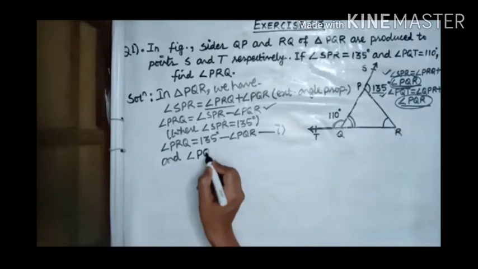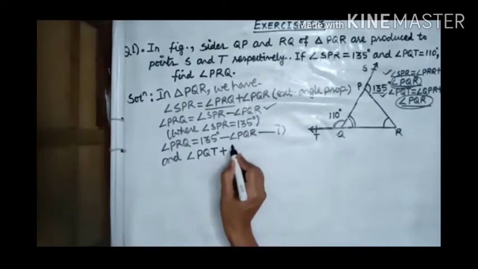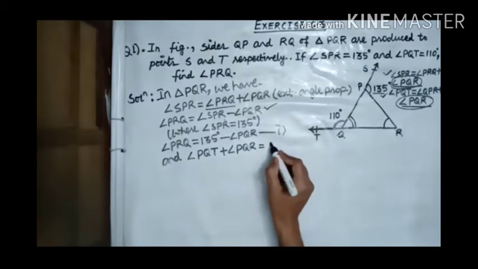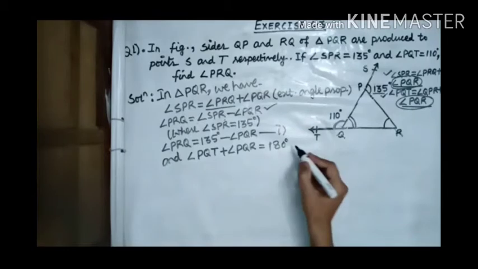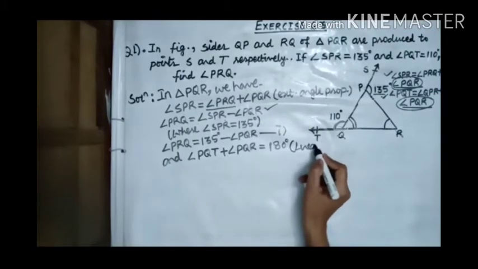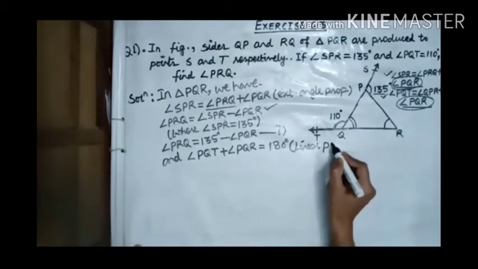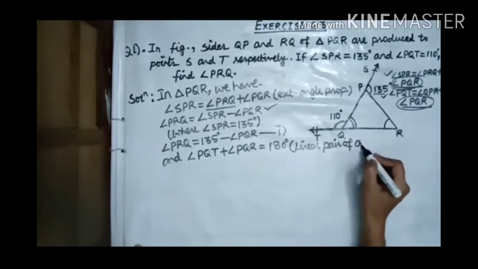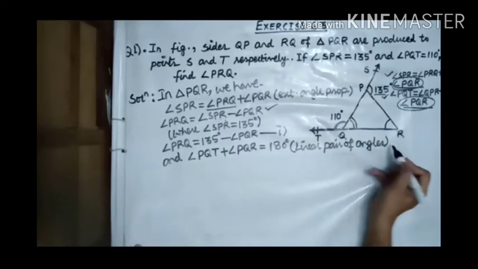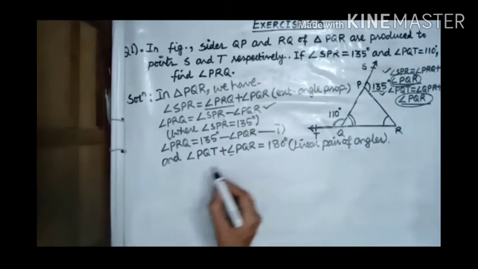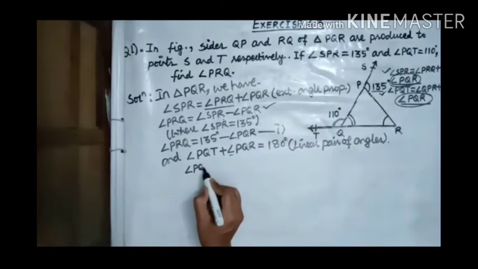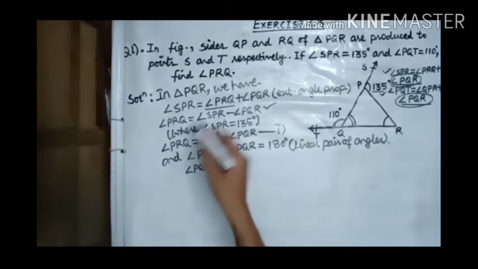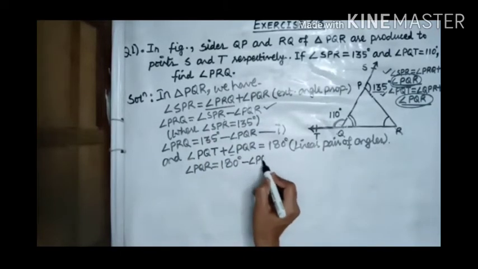So angle PQT plus angle PQR equals 180 degrees. Reason: linear pair of angles. Therefore, angle PQR equals 180 degrees minus angle PQT,